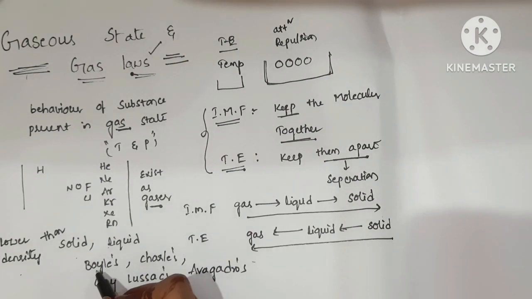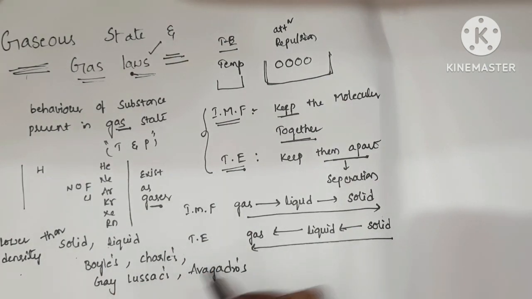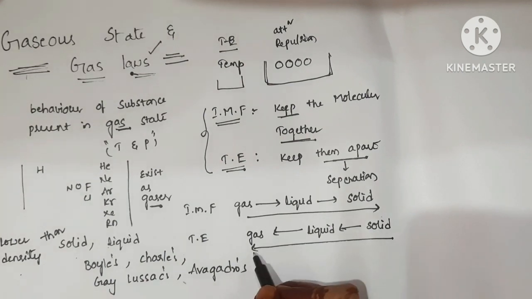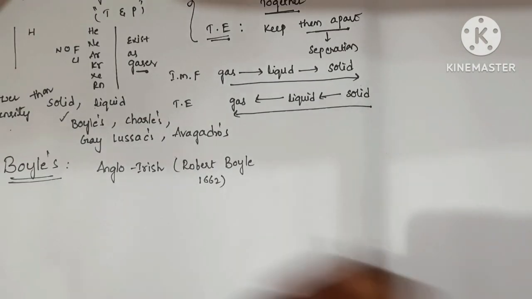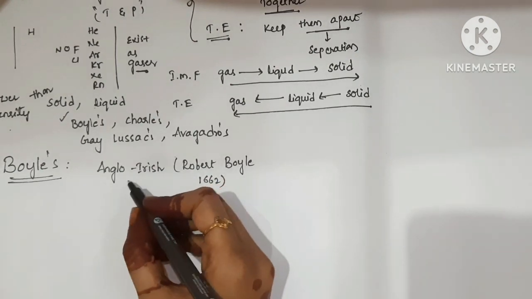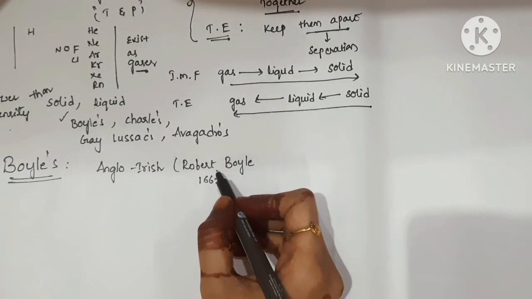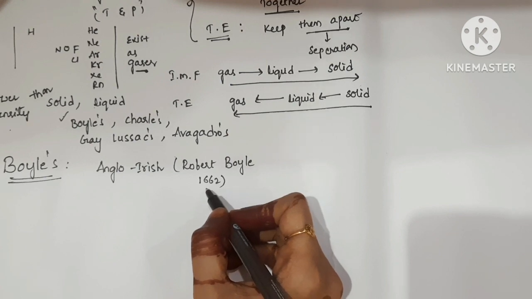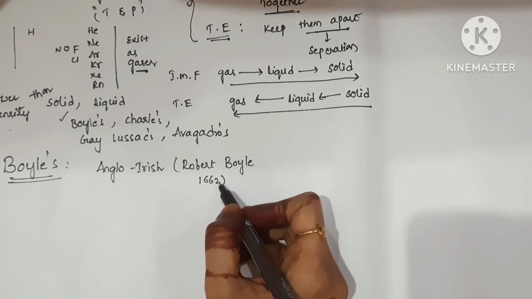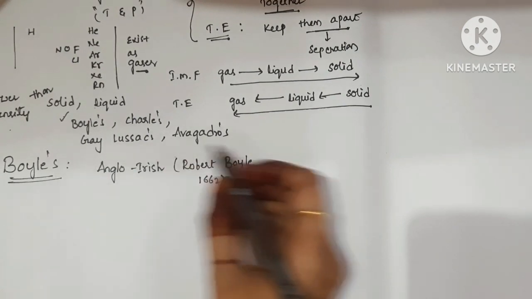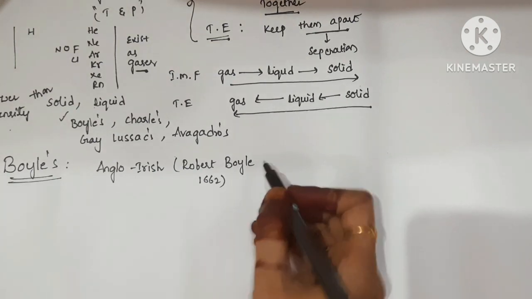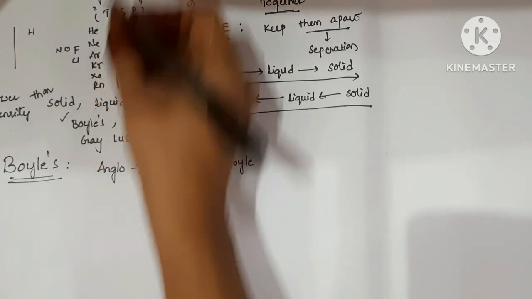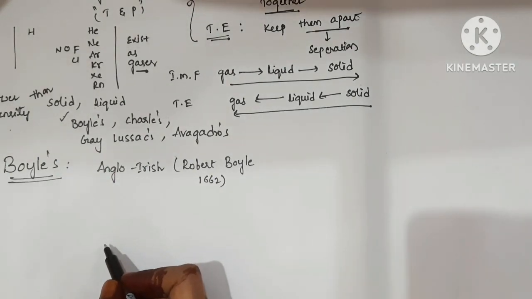So generally Boyle's law, Charle's law, Gay-Lussac's law and Avogadro's law. First of all we are going to study Boyle's law. This Boyle's law was made by Anglo-Irish scientist Robert Boyle in 1662. Boyle's gas law states that